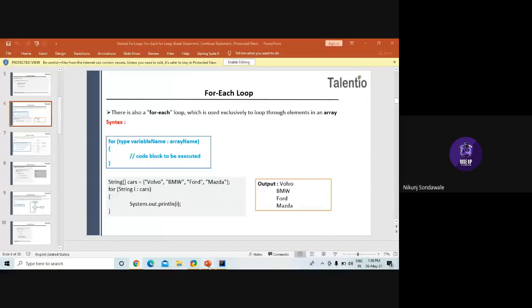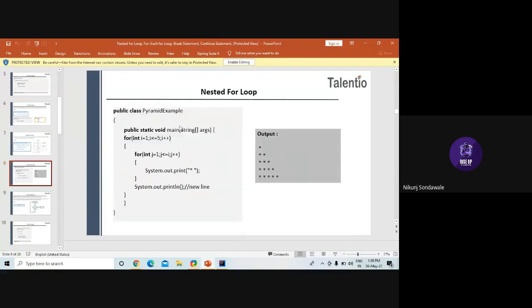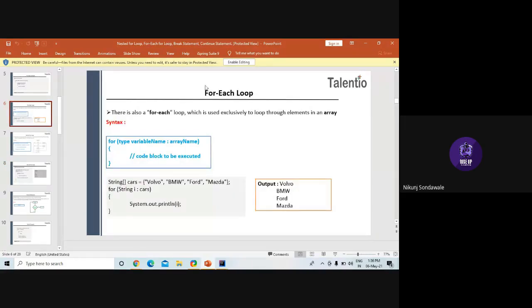So this was our nested for loop. After this nested for loop, we will see the for each loop. Okay, this is another type of loop, the for each loop.